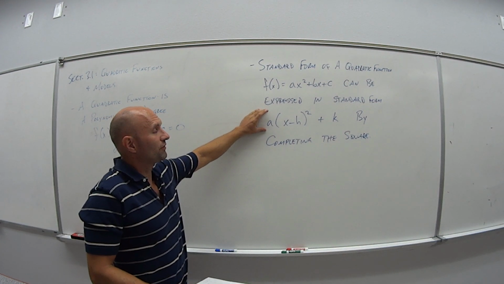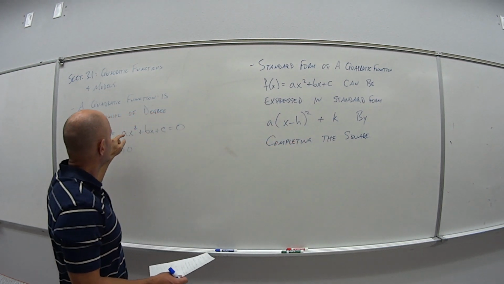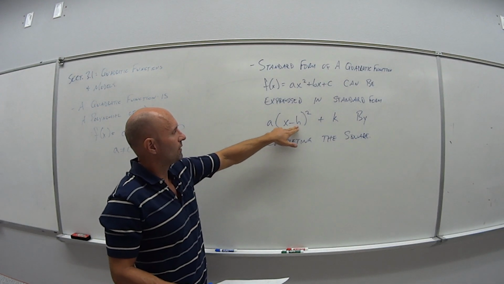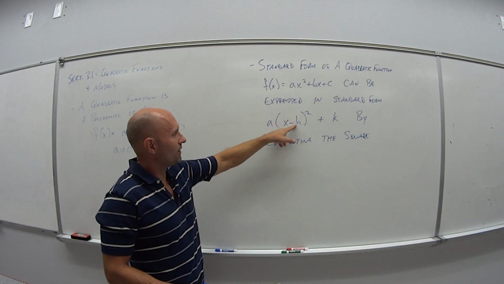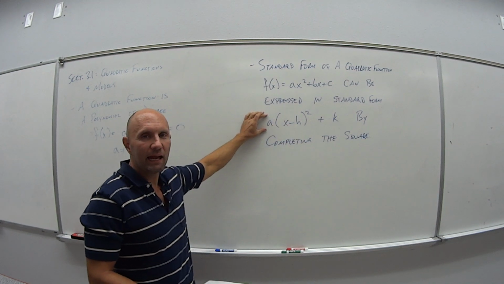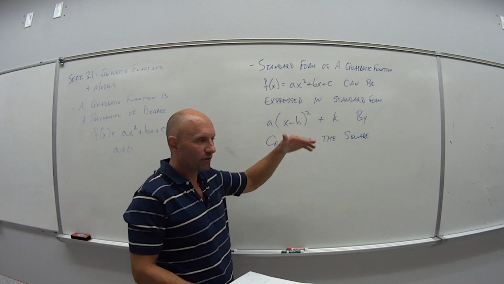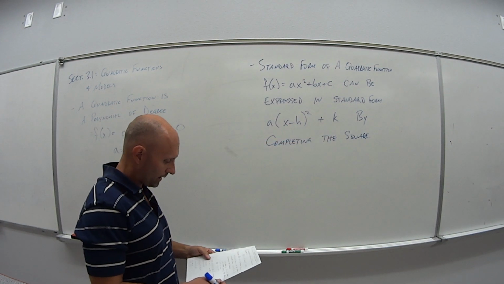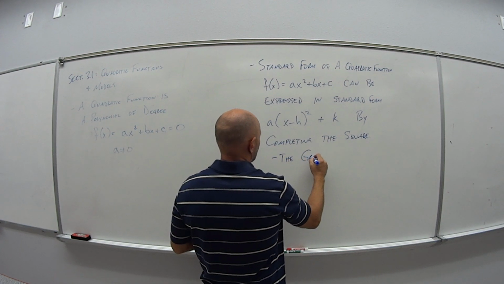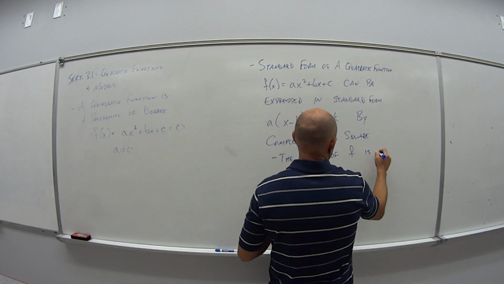This equation here, the standard form, has the form of what? It's a parabola, right? So we know that anything to the x squared is going to be a parabola, and then it gets shifted around. The value for h on the inside, that's the x-coordinate of the vertex, moves it left or right. The a does what? That's our stretching or shrinking, and the k is our vertical shift, which gives us our y-coordinate. So we can actually write that down then, that the graph of f is a parabola